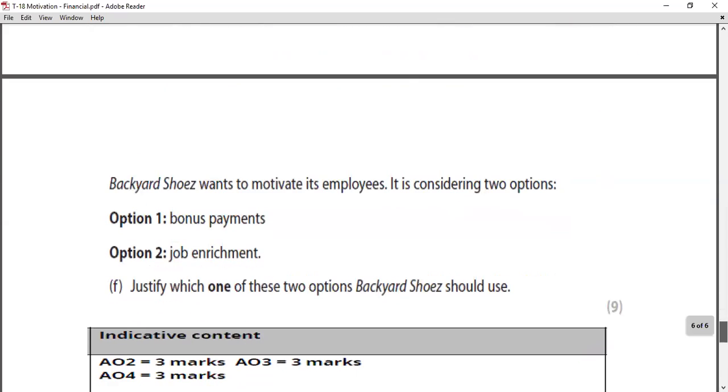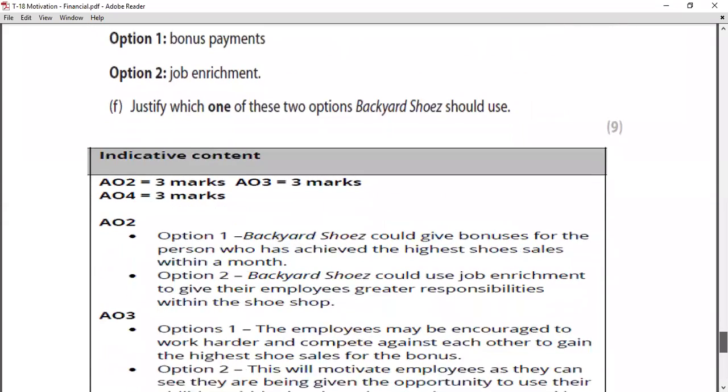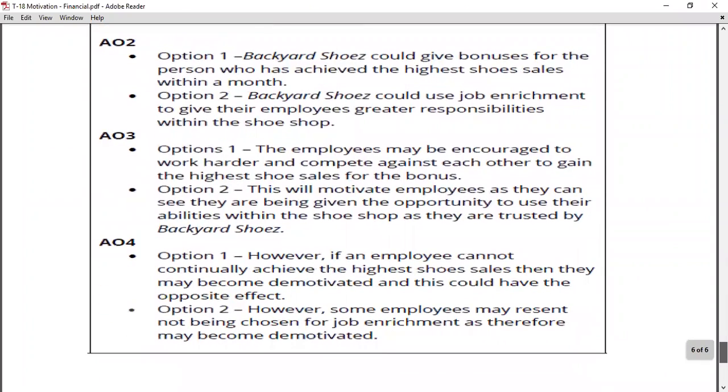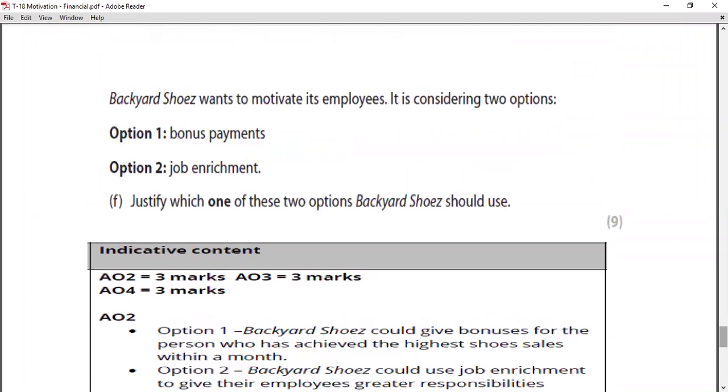So that is the bonus method. I have to write the advantage of bonus. You can see it will encourage people to work harder, and you can easily improve the highest sales. You can give people the opportunity to earn more. Taylor also suggests that this is the best method because of more money. People are motivated by money, so everyone will work harder to achieve that bonus and be the best employee.